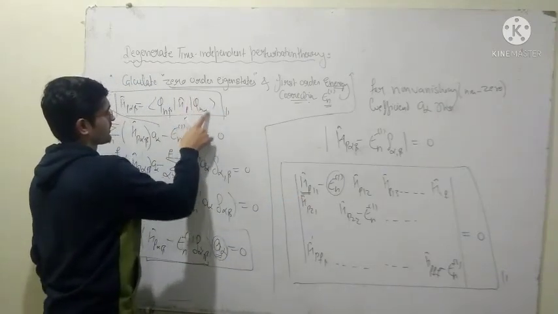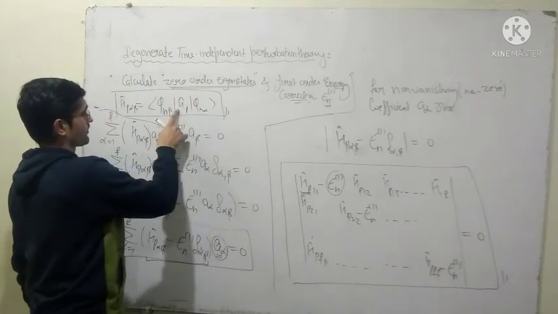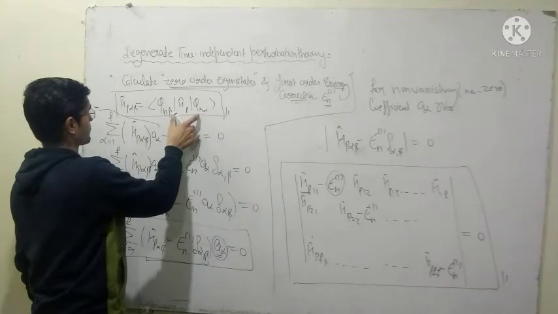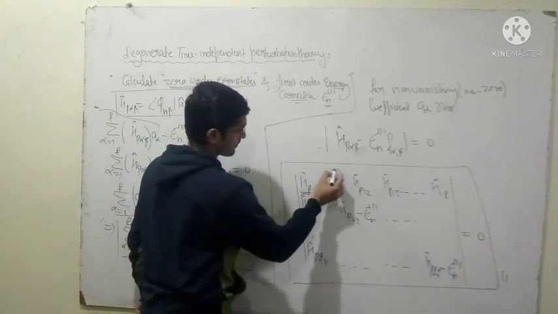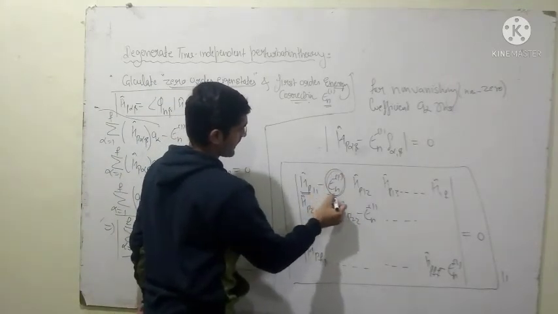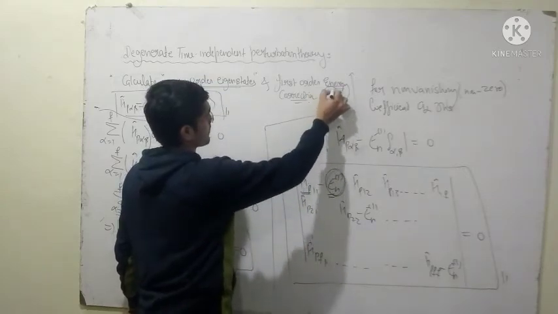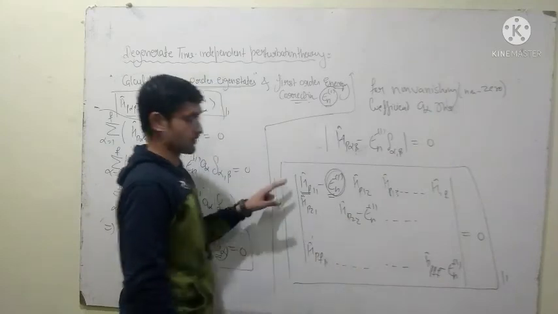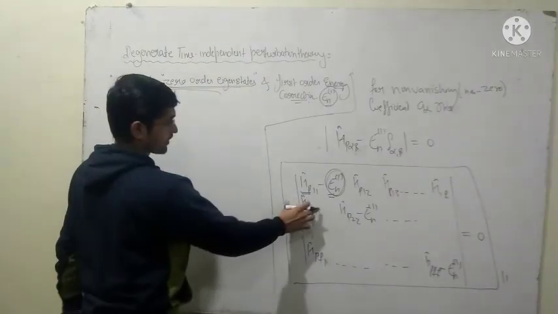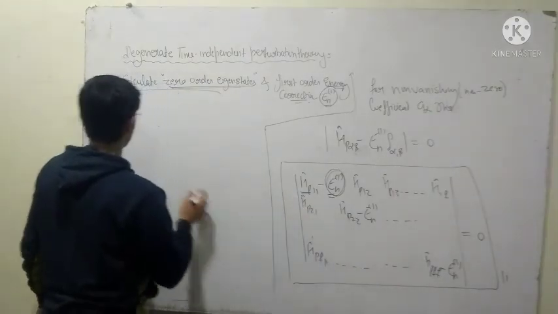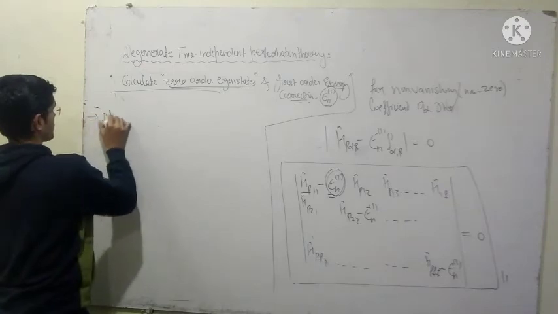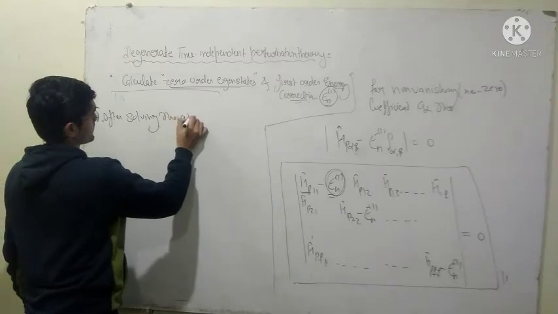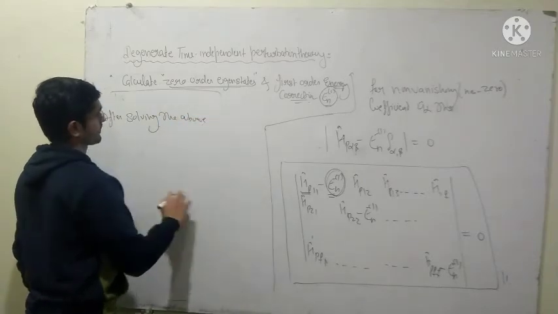Because we know these already solved states, and we will be given the Hamiltonian in the problem, we know how to calculate this particular quantity. We don't know these energies, and this is the quantity that we are looking for, right? So we will get this quantity after solving this equation. After solving this particular determinant, our equation,